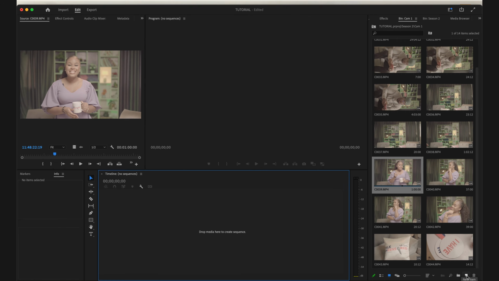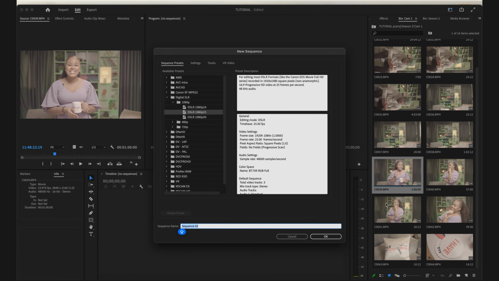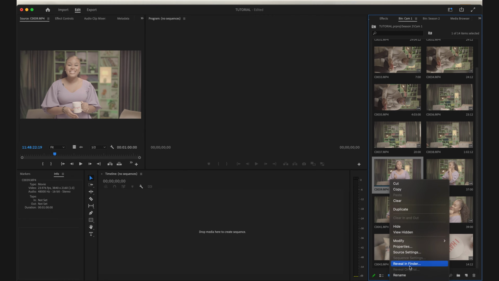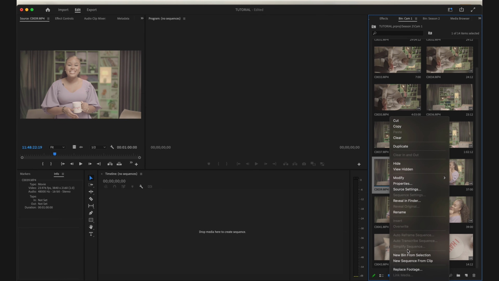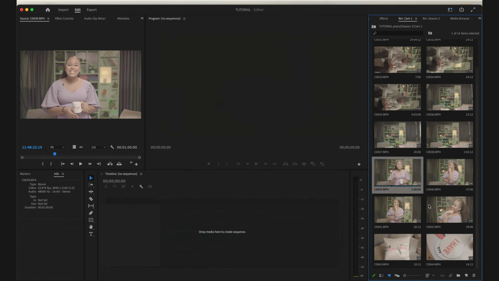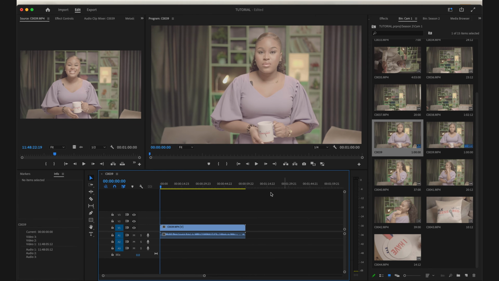You could come here as well to new item, and once you tap on it, it gives you the same window. And then the fastest way, which I know a lot of people would love, is they will just tap on the videos that they imported, and once you scroll down, you will see new sequence from clip. So you could do this. The advantage of creating a sequence from your clip is it automatically does all the settings for you, and you will just continue working. So once I tap on this, it creates a sequence for me automatically